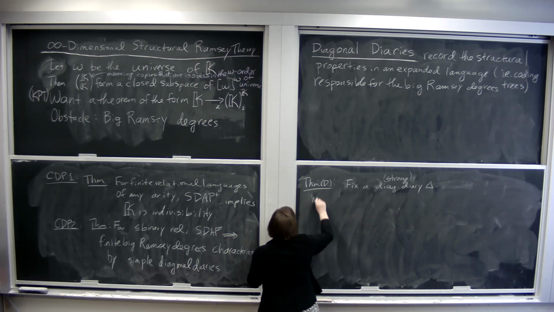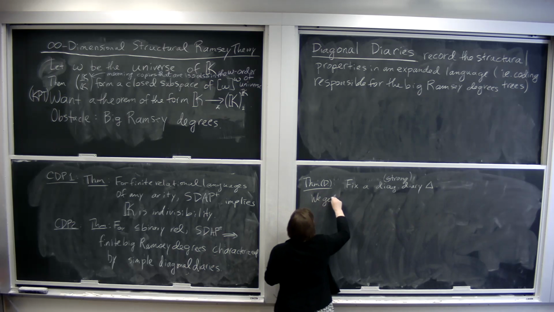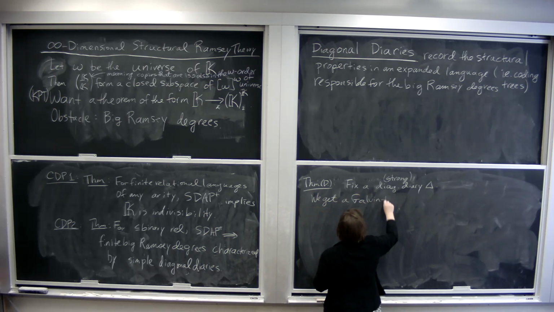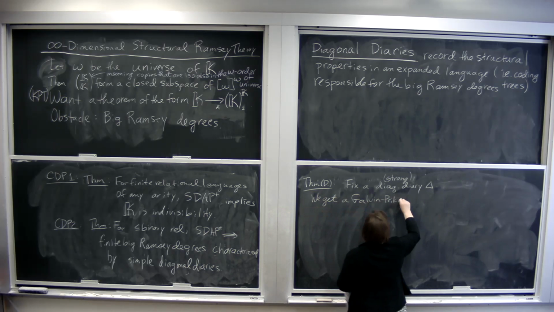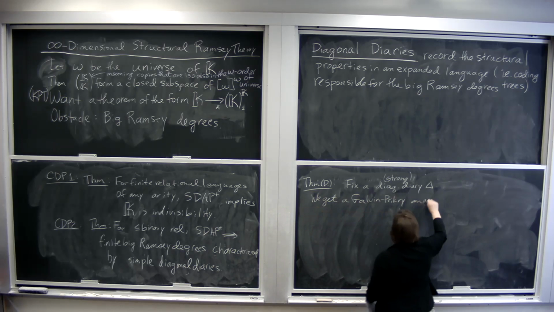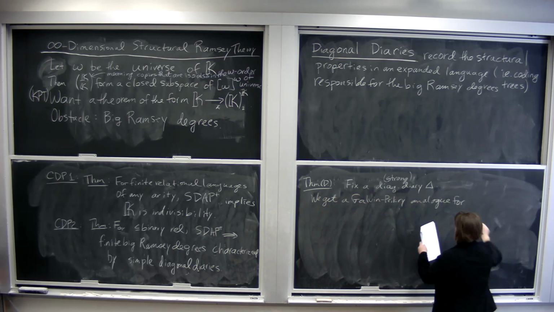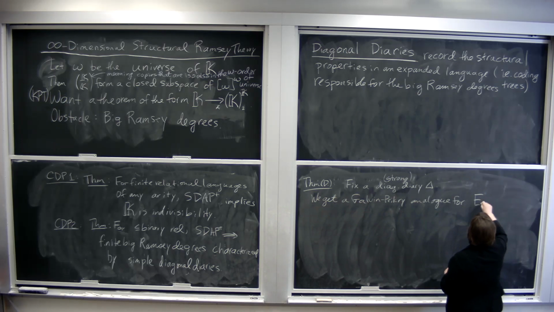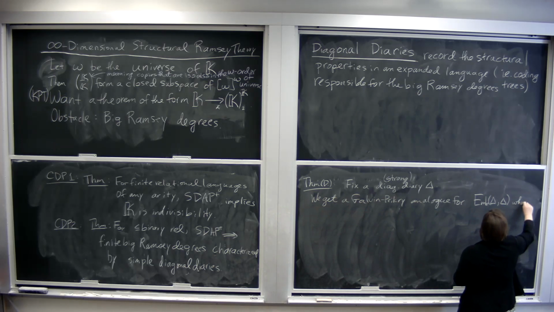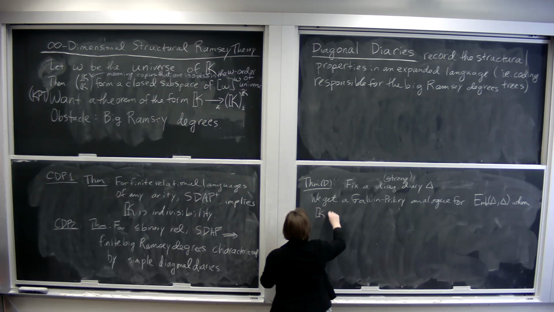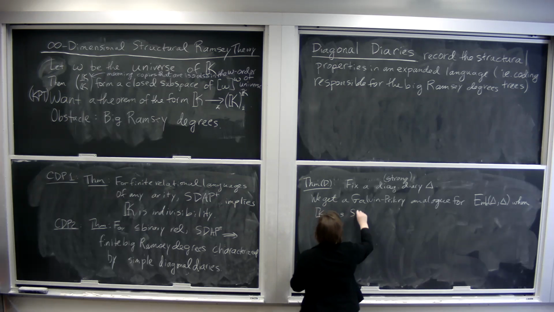So we get a Galvin-Prikry analog for this space when K has SDAP plus,